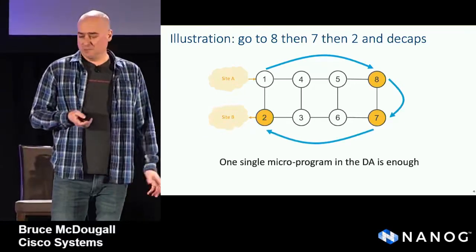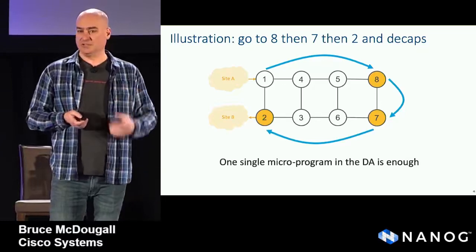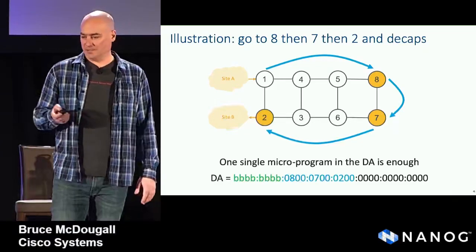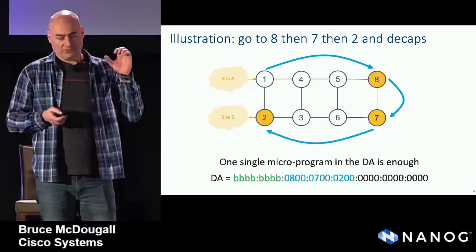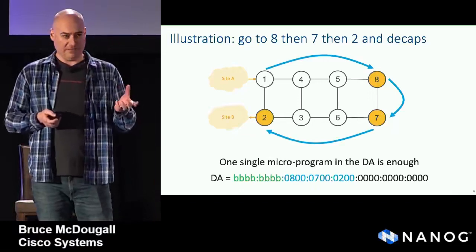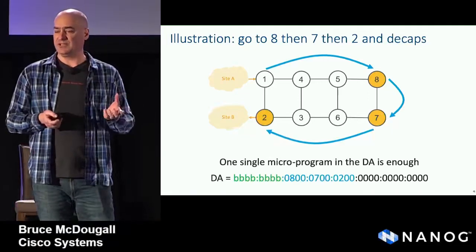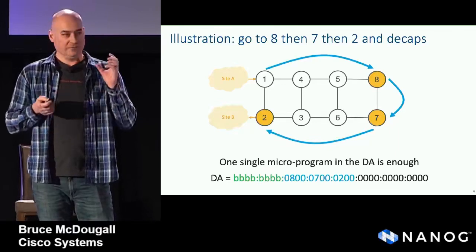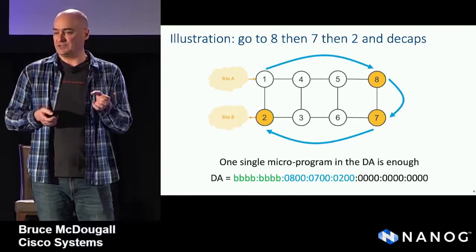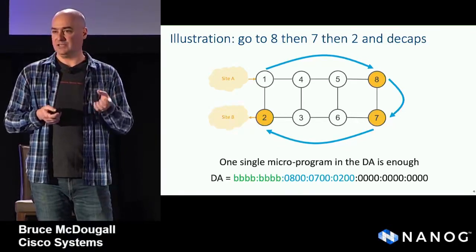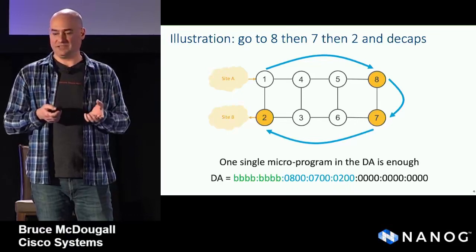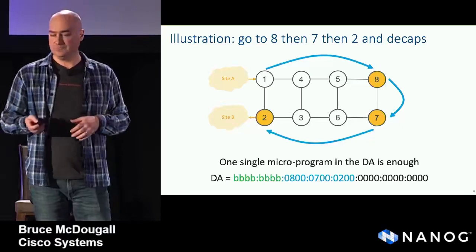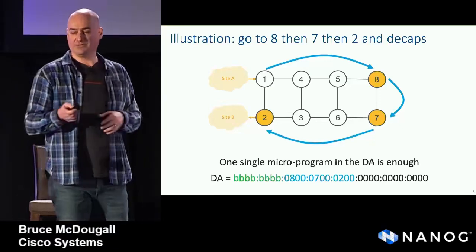So with microprogram though, we can do this easily with a single destination address. We don't need to add additional SIDs. And the way this works is, on ingress, we impose an SRv6 header with a destination address of the first 32 bits are our B block, and then the next 3 16-bit chunks are essentially identifiers that can be stand-ins for the locator to get to router 8, then 7, then 2. So this is the initial outer destination address.